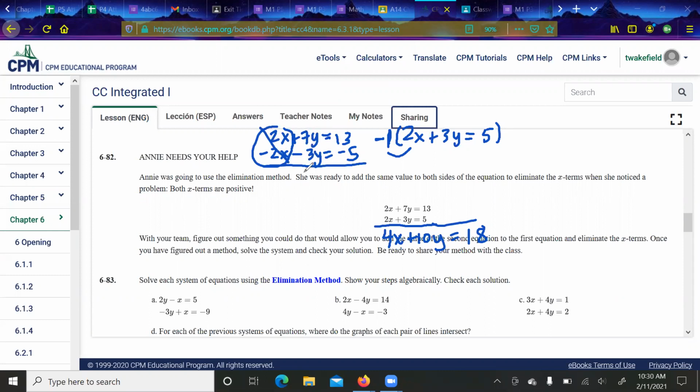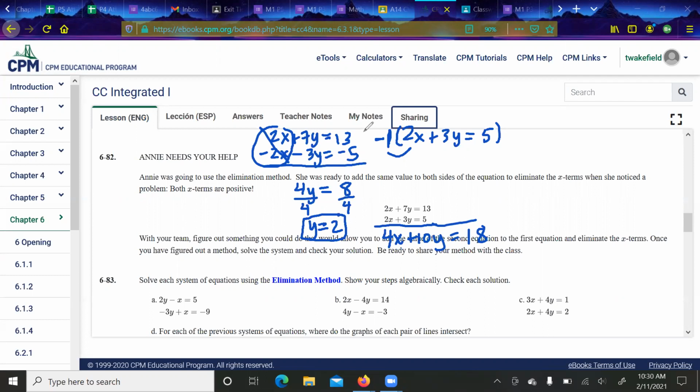Now we have 7 minus 3y, which is 4y, equals 13 minus 5, which is 8. So yay, we get a nice whole number. They don't have to come out whole numbers. They can come out fractions, but most of your homework problems come out whole numbers. One of them comes out a fraction in the problem we're about to do. Okay, we got y. So now we need to go back and solve for the other variable, which is